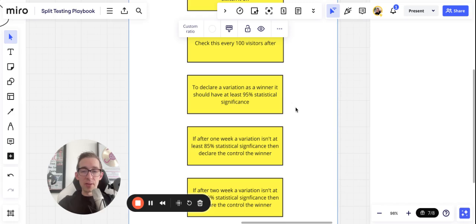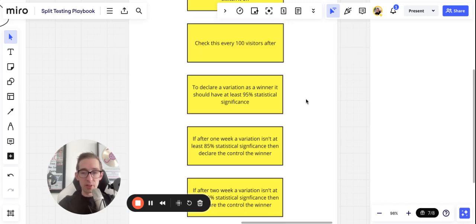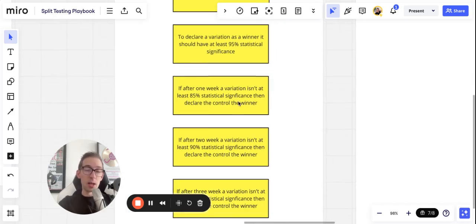And then to declare the variation as a winner, it should have at least 95% statistical significance. If after 1 week a variation isn't at least 85%, now, what we look at here is you've got to make sure you're driving in enough visitors and traffic. So you're going to do fewer variations if you've got a small amount of visitors going to your site. If you've got a high number, you can get that number back quicker. So if we're not at 85%,